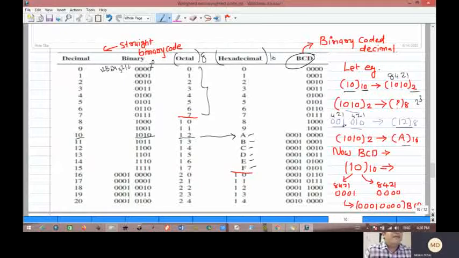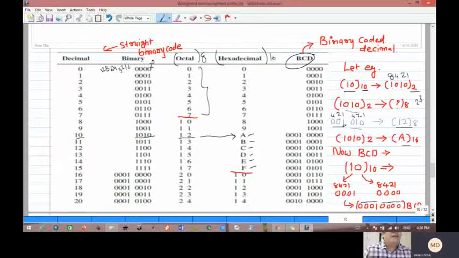Now the BCD number system is standard coded with a weight of 8421. Here 1 and 0 are considered as 2 digits. So 0 is encoded with the 8421 code, as well as 1 is also encoded with 8421. So 1 is 0001 and 0 is 0000. The first digit, 1, is encoded as 0001 in the BCD number system, and 0 is encoded as 0000. So this is the code conversion from decimal to BCD.